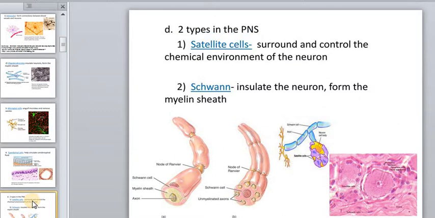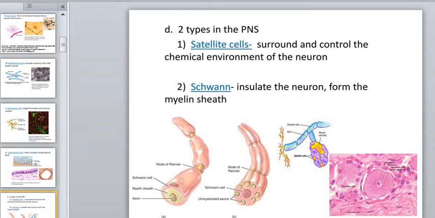Now there are two types of peripheral glial cells on the slide. You see satellite cells and Schwann cells. These are satellite cells. Here you see little cells. In the peripheral nervous system, Schwann cells, the second name neurolemmocytes, perform functions similar to oligodendrocytes from the central